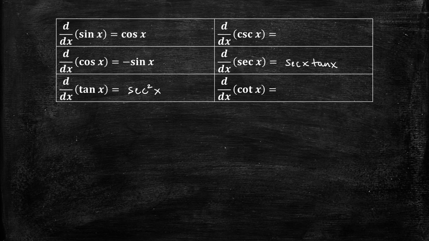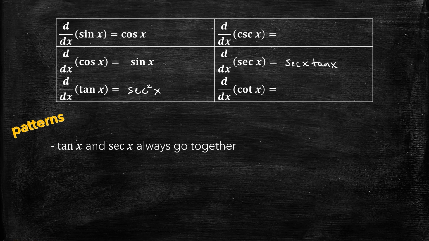Now, there's a great way to remember which functions go with which, and that's to look for patterns. The most important pattern is to realize that tan x and secant x always go together. So the derivative of tan x gives secant squared x, and here secant x and tan x appear together also. The other important thing to note is that the derivative of secant x begins with secant x,